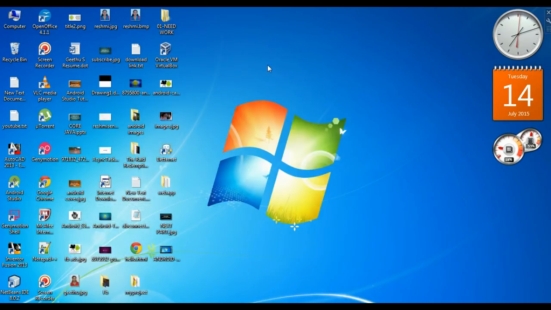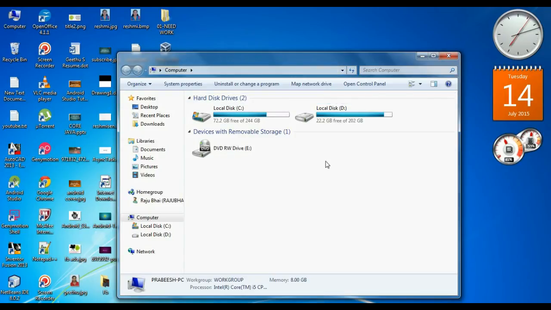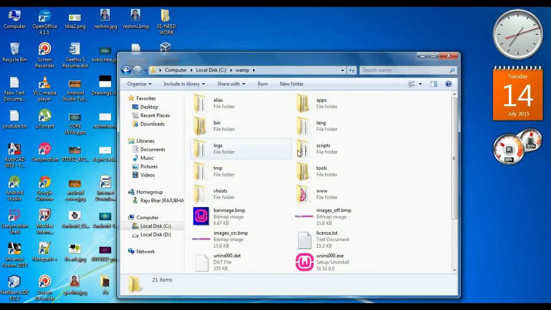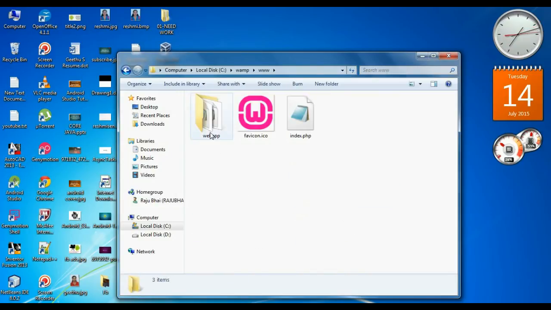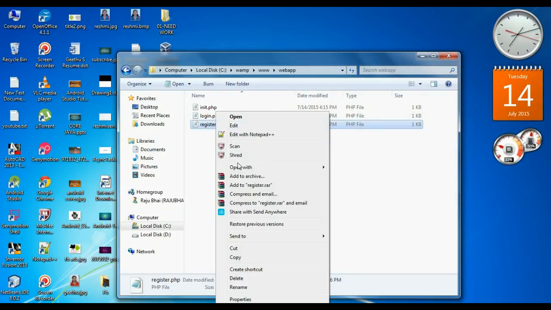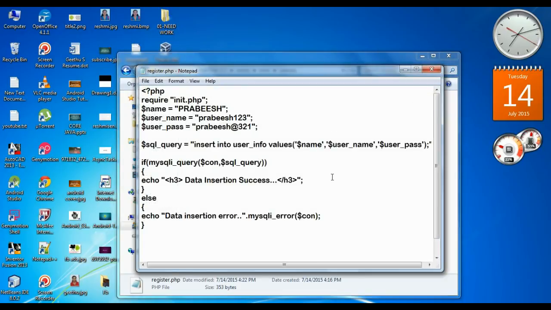Now we need to change something on the script. So go to the WAMP server folder, go to the public directory, open the script, open the register.php, open in notepad. Here we simply put some information directly here. So here you need to change that one into the,